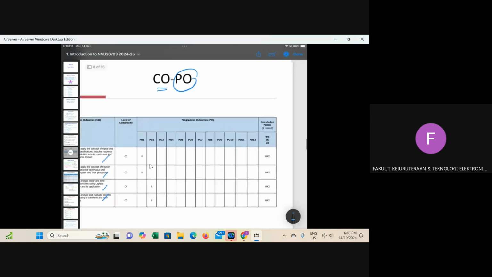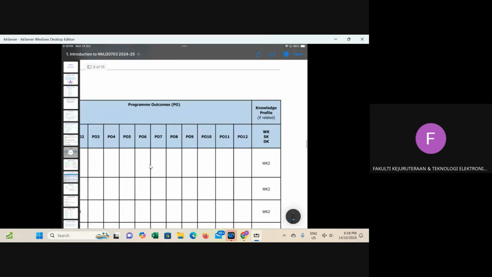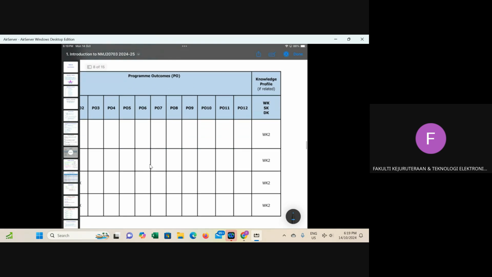Okay, and knowledge profile also, you don't have to really care about this. So WK2, all this, we have WK1 to WK8 actually, and this subject is just focused on WK2, means it's knowledge on the mathematics. Okay, WK1 is science, WK2 is mathematics, WK3 engineering practice, engineering design, something like that. Okay, so basically it's related with mathematics, this subject.